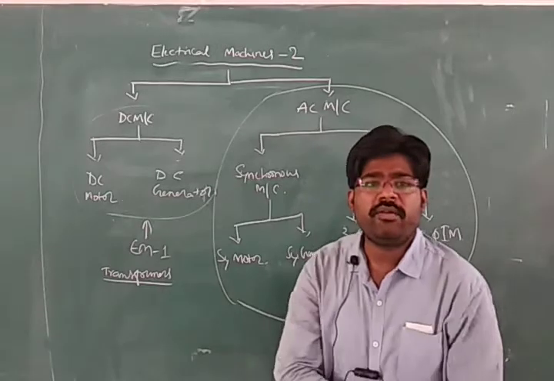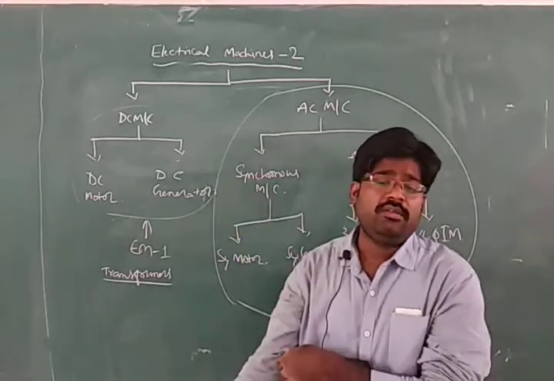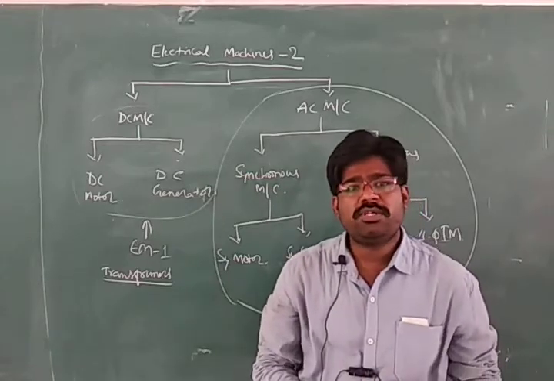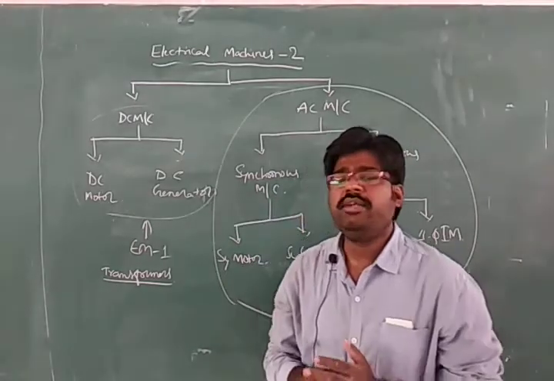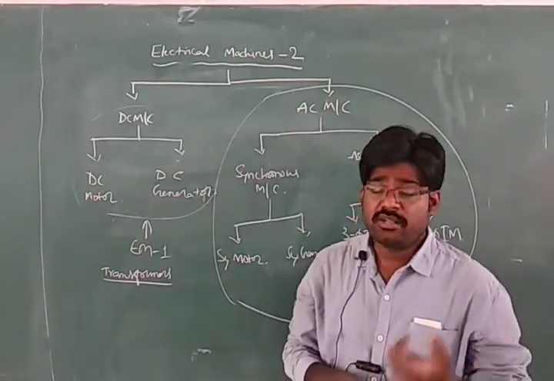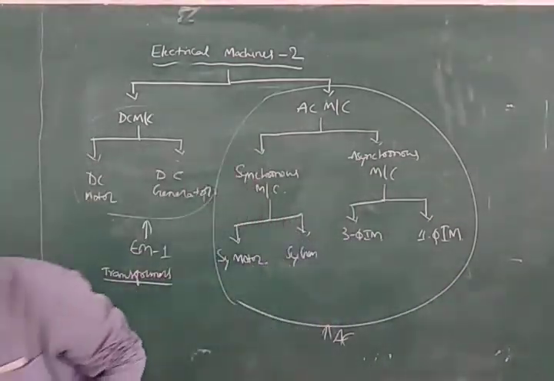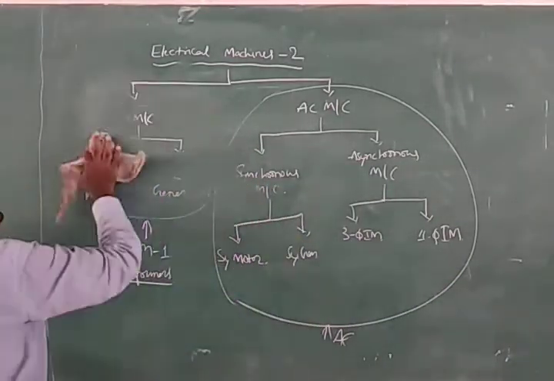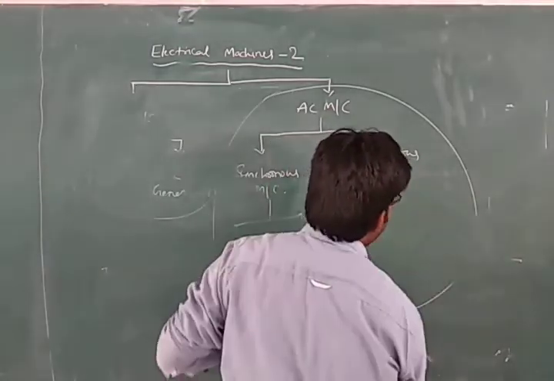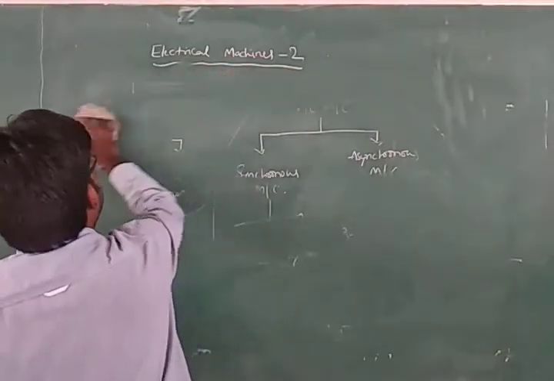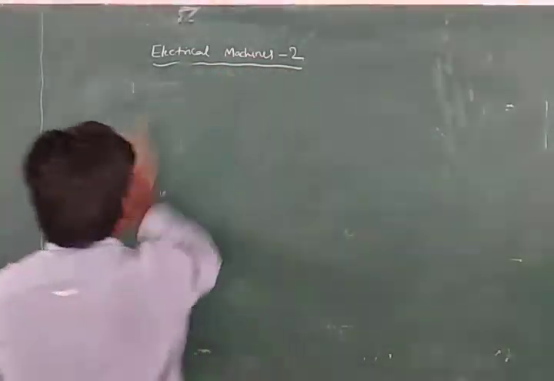Now let us come to the point: what exactly are we going to study in this semester in Electrical Machines 2? Electrical Machines 2 is divided into 5 units. In these 5 units, what are the different topics we will study, see here one by one. Just an overview, as this is the introduction class, a syllabus overview. It is all about AC machines only, studying the AC properties of the machines.